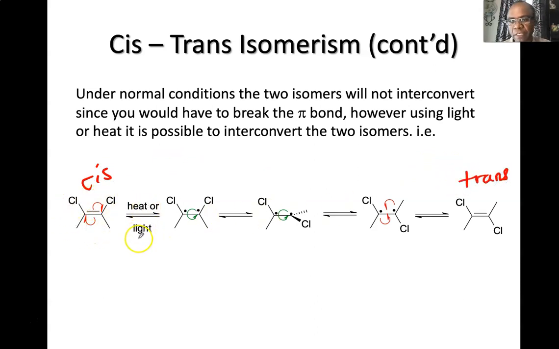breaking the pi bond, and that could happen by radical means. Okay, we talked about radical processes where we did the initiation, propagation, termination. So it's a similar thing. So first you break apart the pi. You know, in a double bond you have the pi bond and you have the sigma bond. The pi bond is the weakest, it's the one to break apart, and you're going to break it by moving